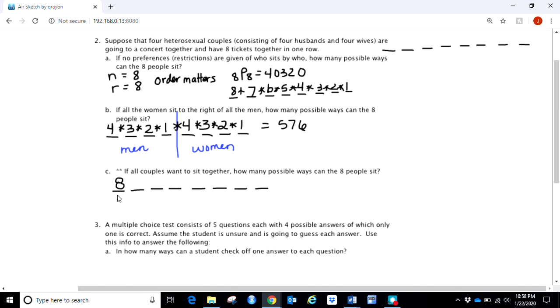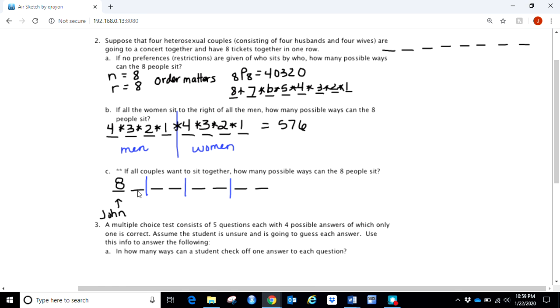After we know, though, who sits there, that is going to affect here. So, for example, let's suppose in this first seat, the husband named John gets chosen to sit there. Again, keep in mind it could be any of the 8 people, but just pretend for a moment that it's John that gets chosen. Then how many people can sit in this seat? Well, right, we're forcing couples to sit together. So we can really think about this as being broken into 4 groups of 2 because we have 4 couples,